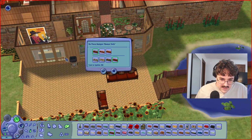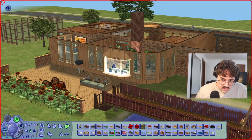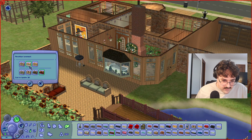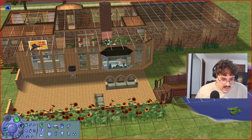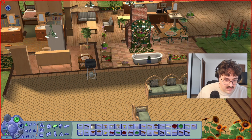I will recolor these as I'm not quite happy with the coloring. What looks the best? Not that one, not that one. Out of these two. The blue's kind of funky, if I'm being honest. Something a bit different. I think that's kind of cool. Yeah. Nice. And then I think we definitely have a nice big table out here to host a family